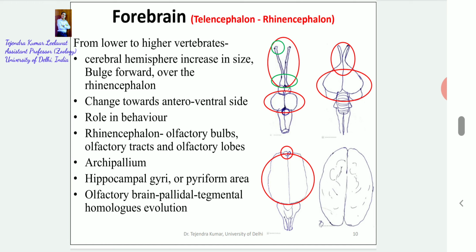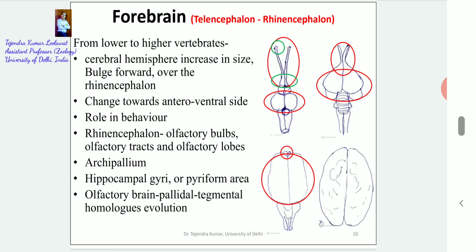Okay, so that's why the rhinencephalon is not showing when we see from the dorsal side in humans or other mammals, but it is clearly showing in the lower vertebrates, like in the images on the right side. Okay, it changes towards the anterior ventral side, with a role in behavior. It means